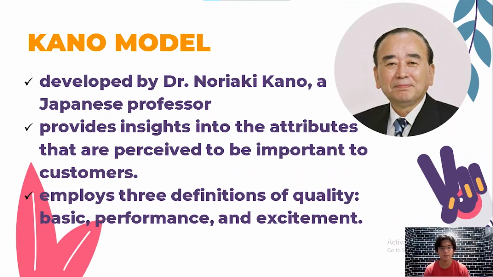Kano points out two aspects in his theory. First is the customer satisfaction, and the second one is the quality. First, the customer satisfaction. It is one of the producer's goals in conducting a product and service design. This helps the company or business sell the products which they are selling in the market. Once the product has a high customer satisfaction rate, the tendency is that many customers will buy the product they are selling.